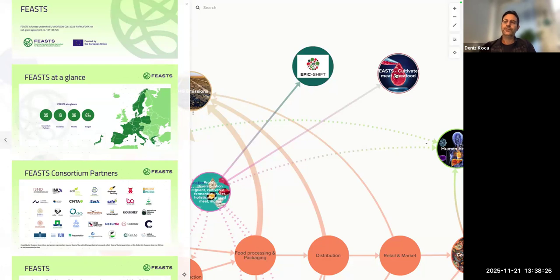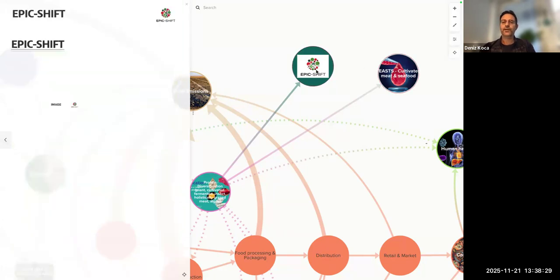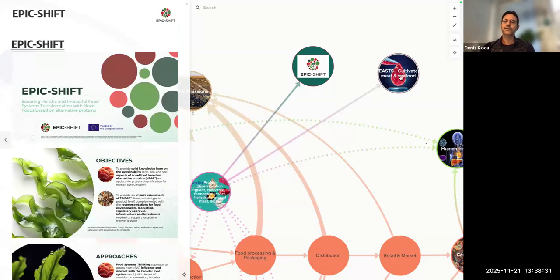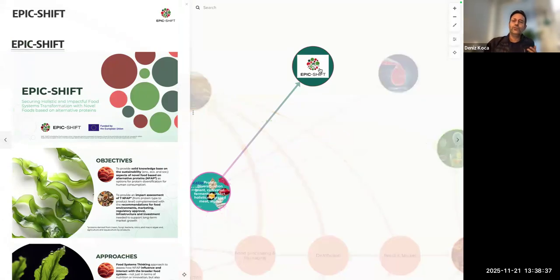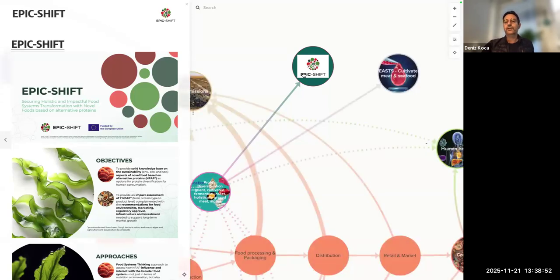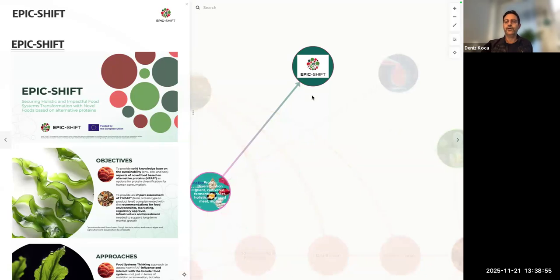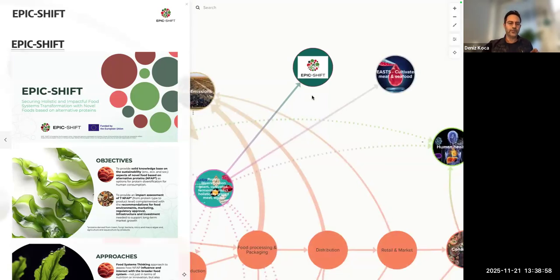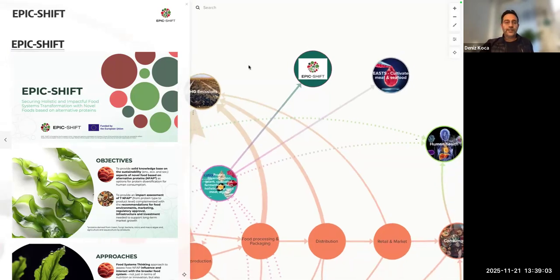So this is the FEAS project, but there is a sister project, Epic Shift, that is very similar, but not limited to cultivated meat and seafood. Epic Shift looks into all different types, from insect, from algae, from precision fermentation. So looking into the other novel proteins, other novel food that are produced from different alternative protein sources, and doing similar things for that so that we can cover the entire array of these disruptive alternative technologies or alternative proteins in the system. I see there is only 20 minutes left, so I think I will stop here